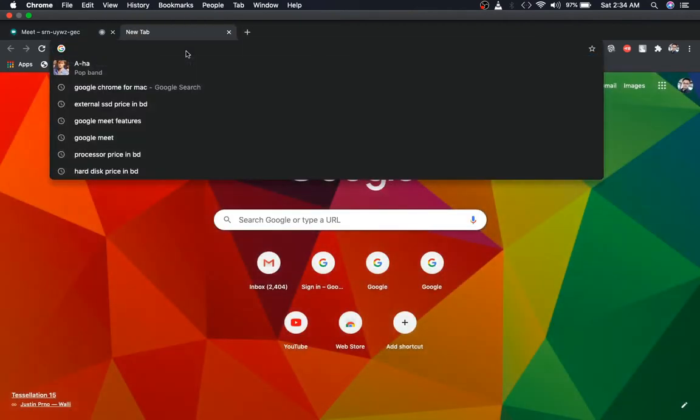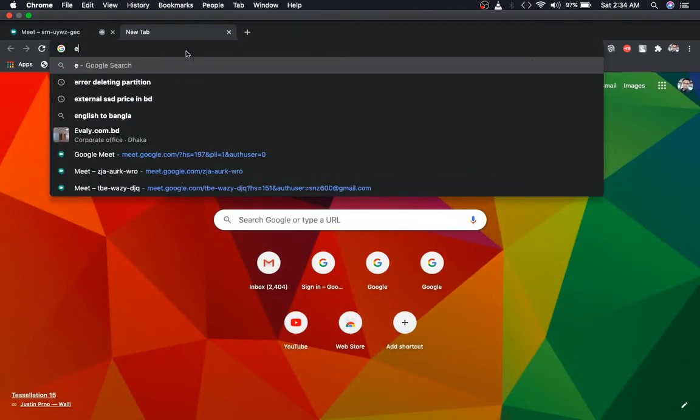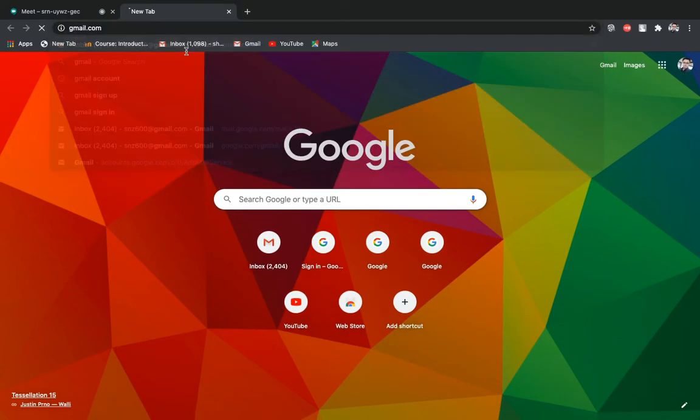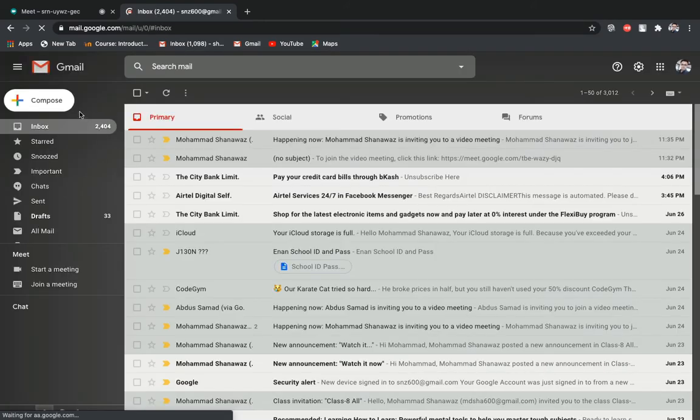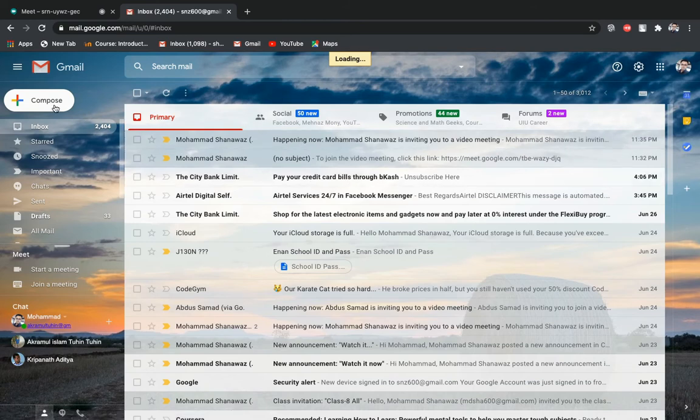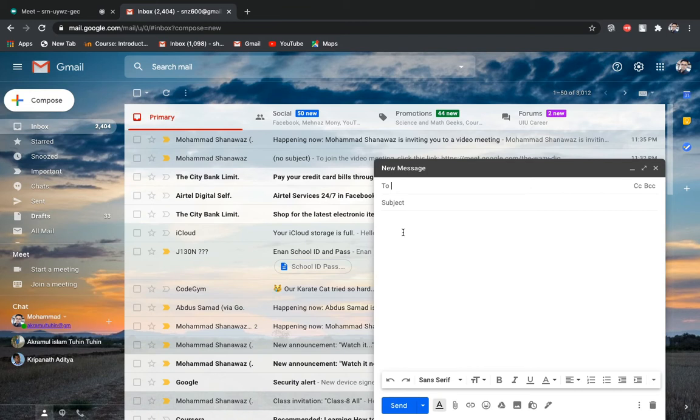Another way, I can copy the code from here, copy the joining information, and email the students so that I can connect all the students together. I'll go to my mail and click on compose. First of all I paste the joining information, and then I will go to my text file.